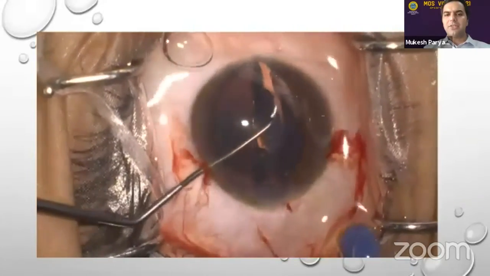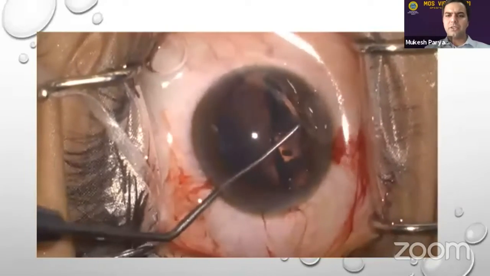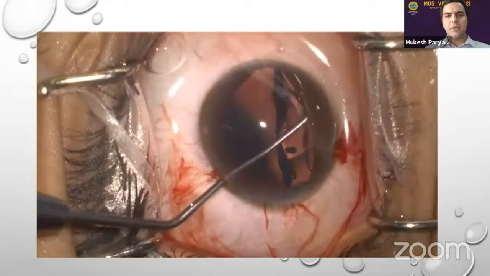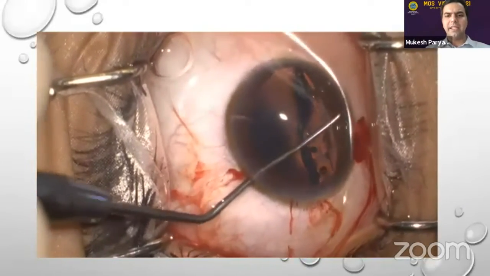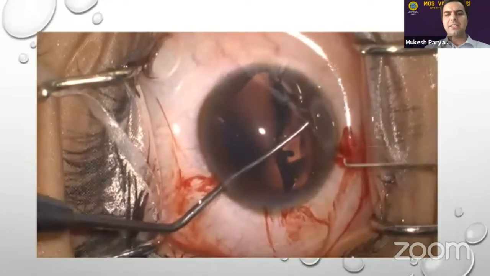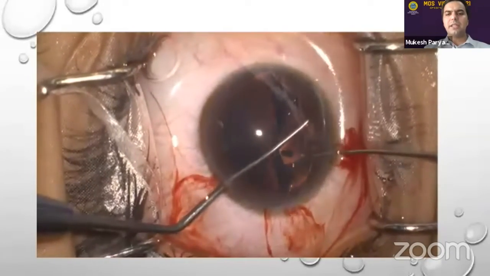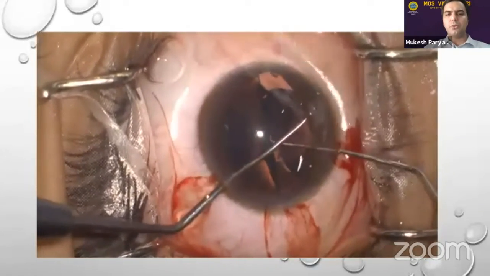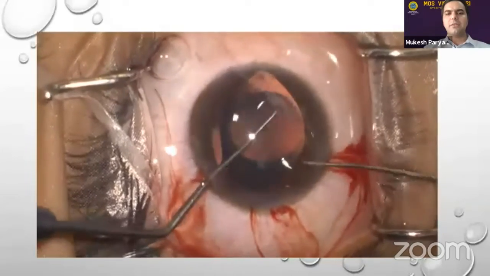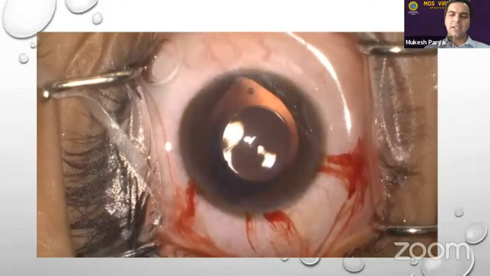So I am very much aware that this can go either this way or that way. So I am just very patiently holding the phakic IOL there itself and not doing anything else, just making sure it is away from the endothelium and holding it there, while I tell my staff to give me a second instrument and slowly push the lens in the way which I want to open, with the notch on the left upper side and right lower side.